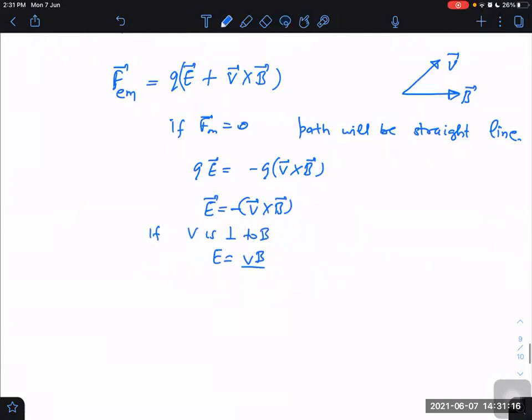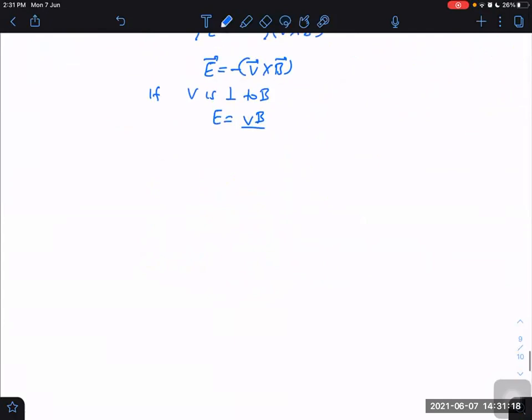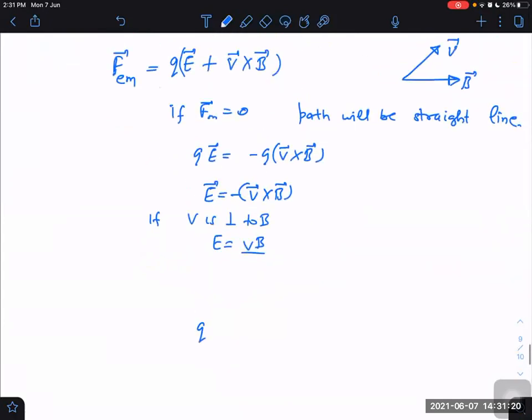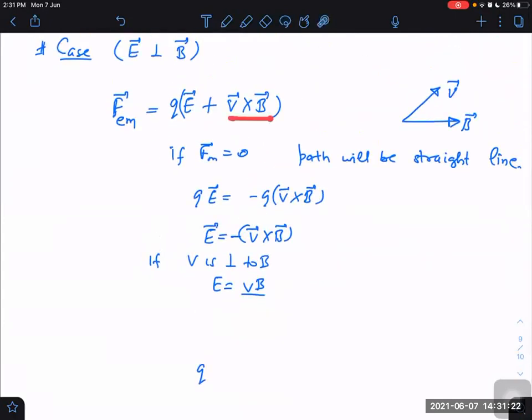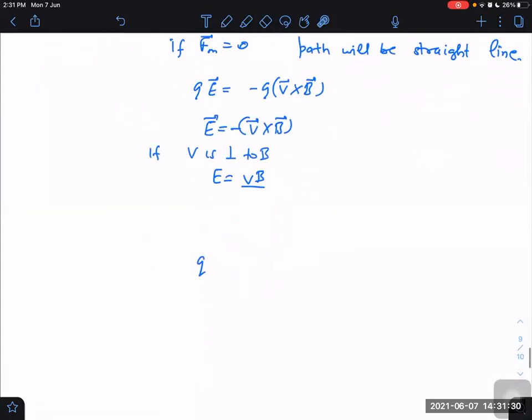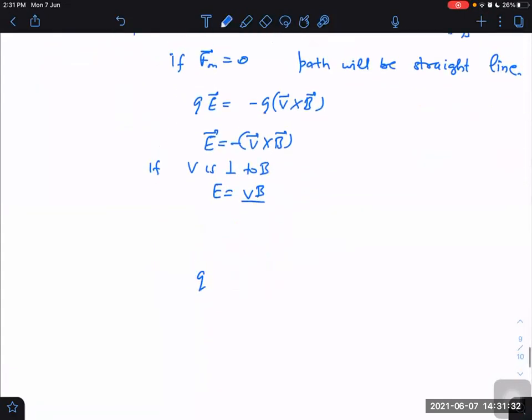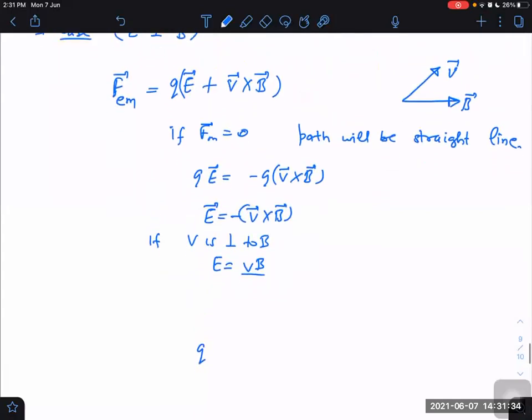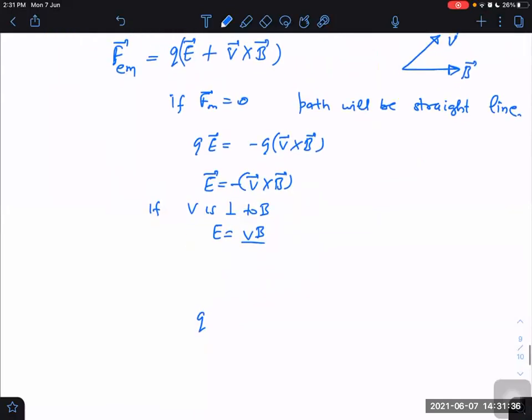But if I want a more complicated case, then I first of all have to not assume V perpendicular to B, and maybe F is not equal to 0. F can be non-zero. Let us take that particular case when F is not 0. So in that particular case,